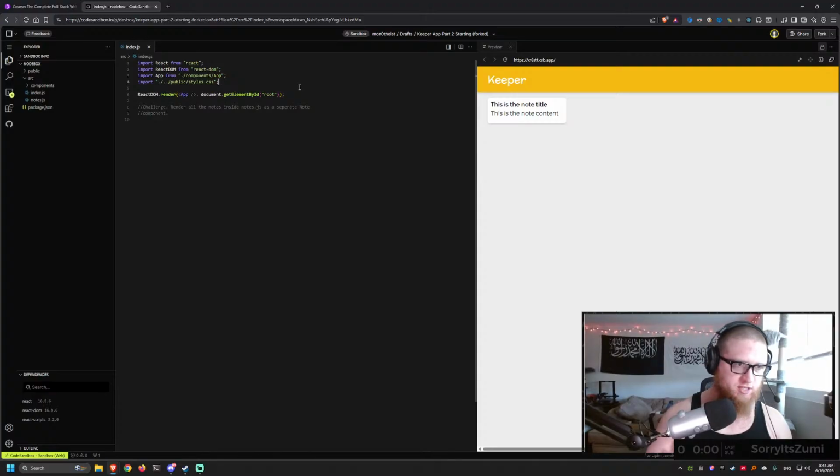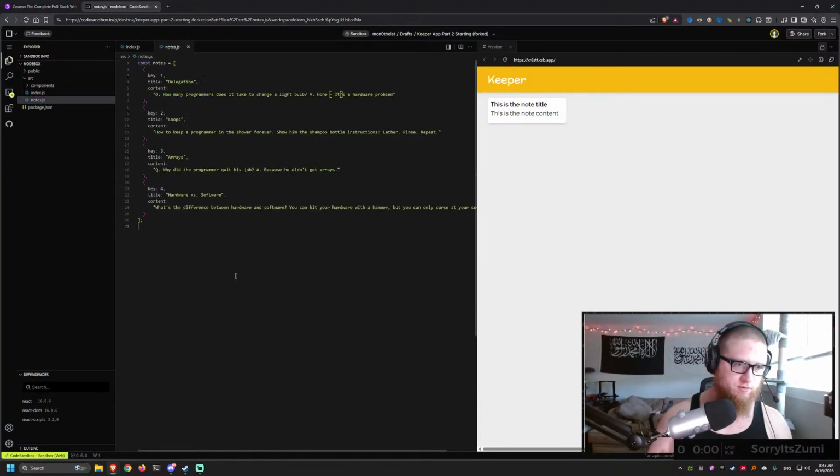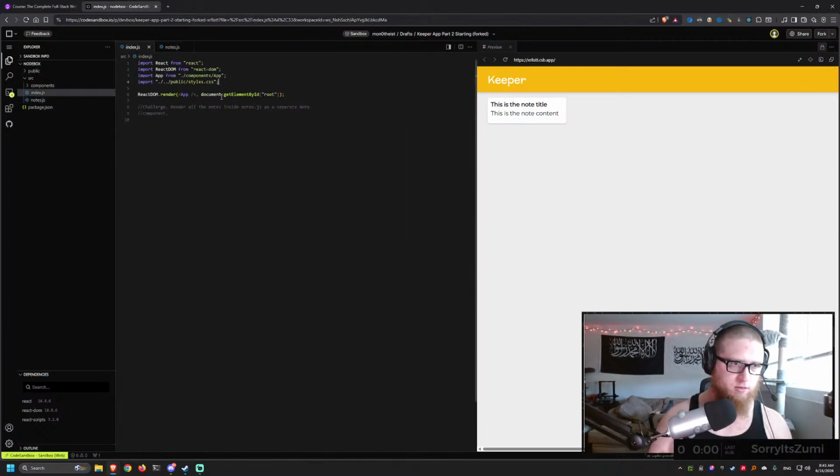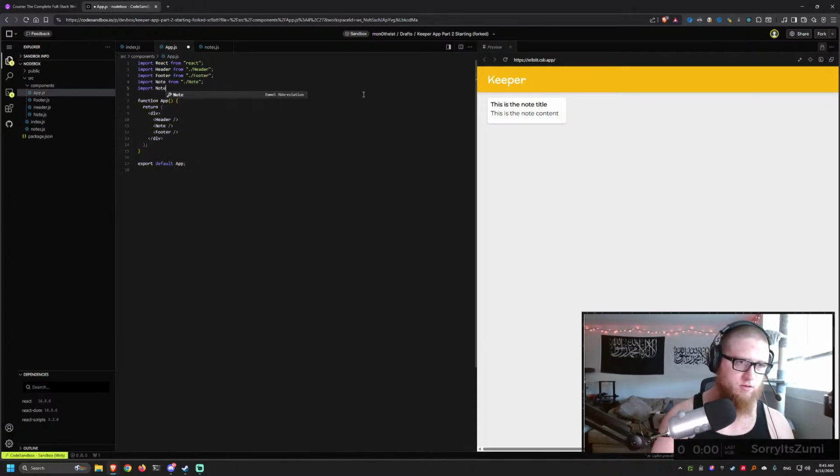All right, so first thing we'll want to be able to import these notes, so we have to export them. And then going to want to import them into the app, I believe. Oh, notes are already imported. Okay, wait, are they? No, those are components. Okay, so import notes